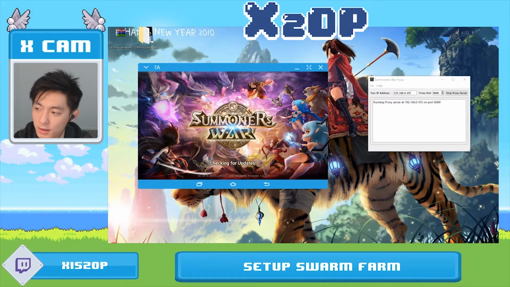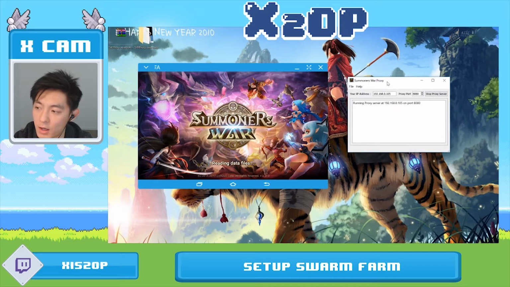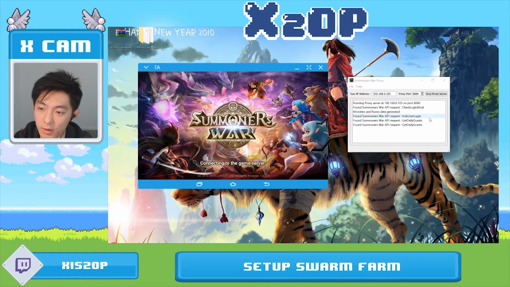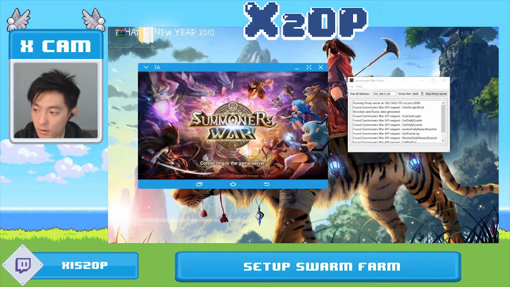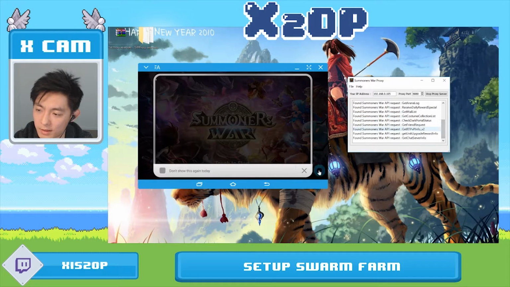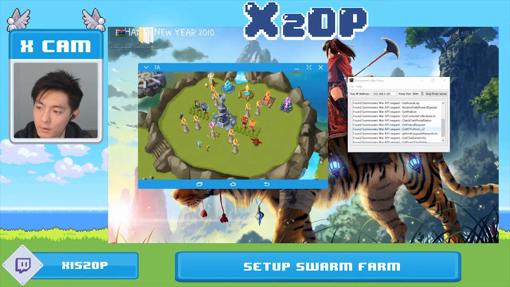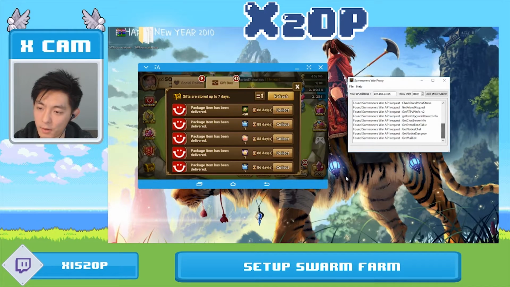And what you want to see here is that as the Summoners War game is loading and reading data files, your Summoners War proxy is collecting the information. You want to have it say found Summoners War API request, Summoners War rune data generated. Basically exactly what I have here. Okay, so you have this up and running,